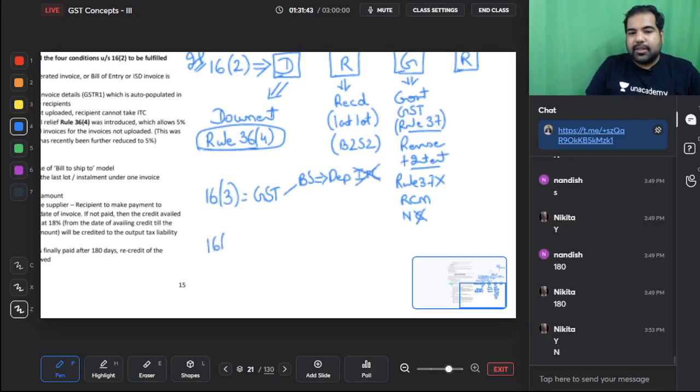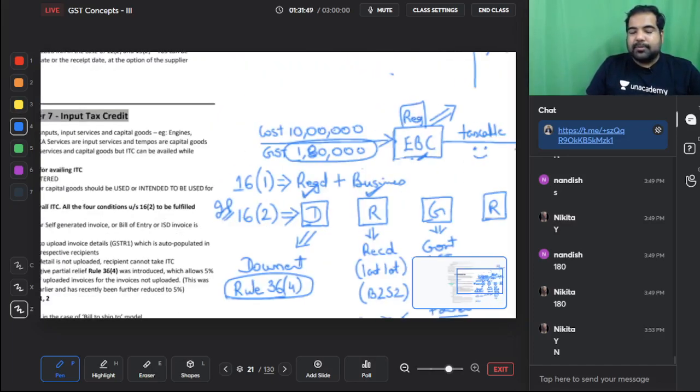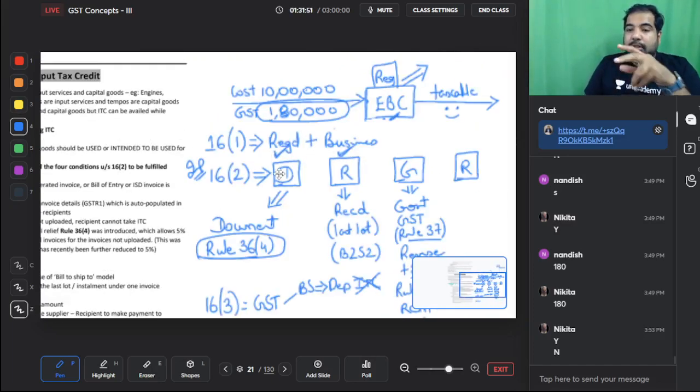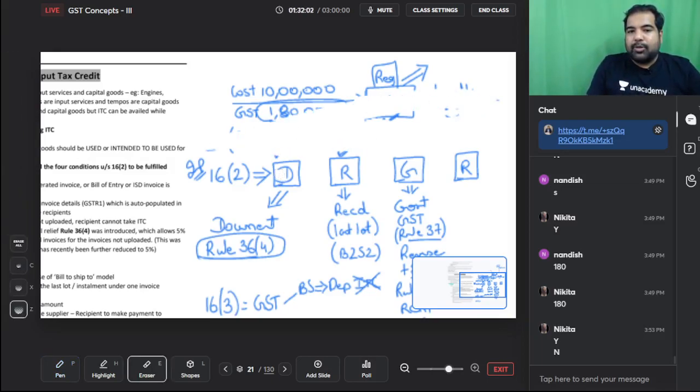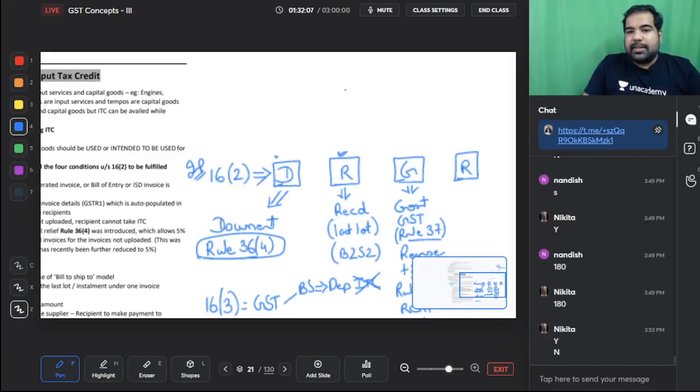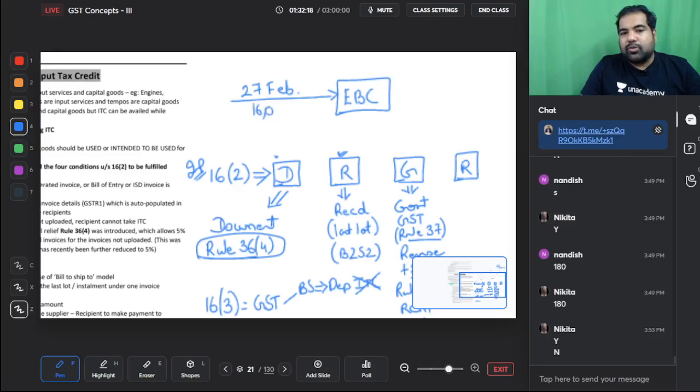And last is 16.4. Guys, lots of things have expiry periods. Like the food in your fridge, the chocolates in your fridge, they all have an expiry period. The medicine in your medicine box has an expiry period. Same way, even GST has an expiry period. Let me show you what is the expiry period for GST. Let's say this is the electric bike company and they have bought some batteries today from the battery supply company. Today is the 27th of February. There is a GST of 16,000 rupees, but unfortunately they are not finding the invoice.